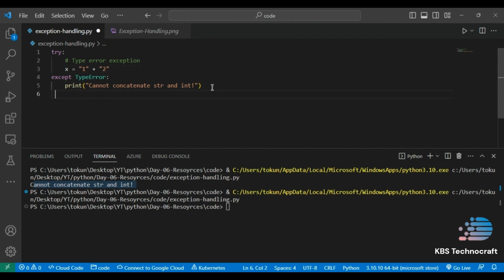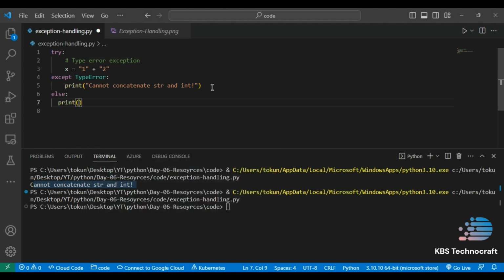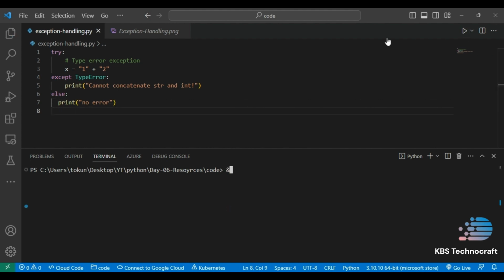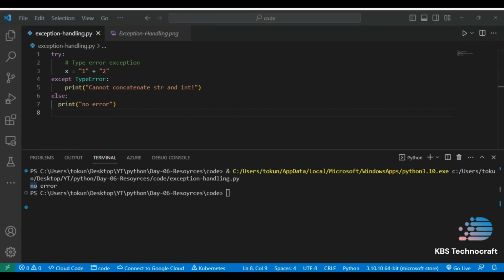So if I put an else block, like how I have done it, and try to print it, then you will be able to see no error. If I run this code and clean up this console, you can see it will display no error, because now both are strings. Okay, let's move to the next kind of error,